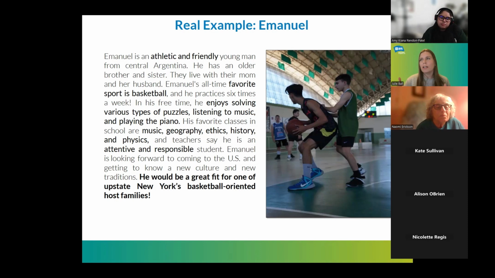And if this student was placed in New York, or had a very specific region identified, we could add something like he would be a great fit for one of upstate New York's basketball-oriented host families. But as students are nationally available, we probably replace that with what Emmanuel would like to do in his future or something like that.